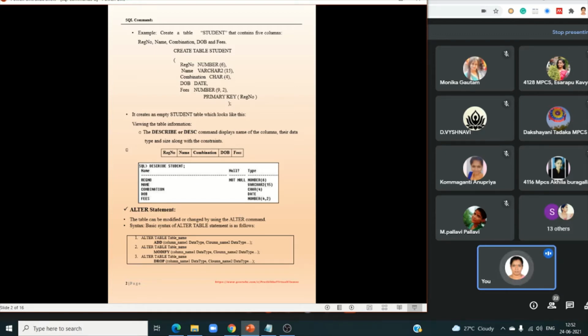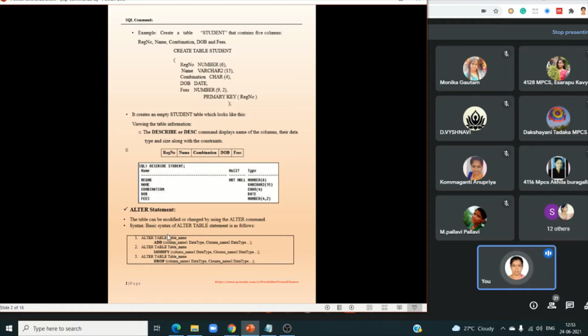Alter is used to add new columns or modify existing columns. Like the data type can be changed, the size or length can be changed, and new columns can be added. With alter you can use the add and modify keywords to add new columns and modify existing data types. You observe here alter table, table name. Alter table is the keyword, and table name is the table you want to modify. For example, to modify student, you specify alter table student. This is the syntax we can use.